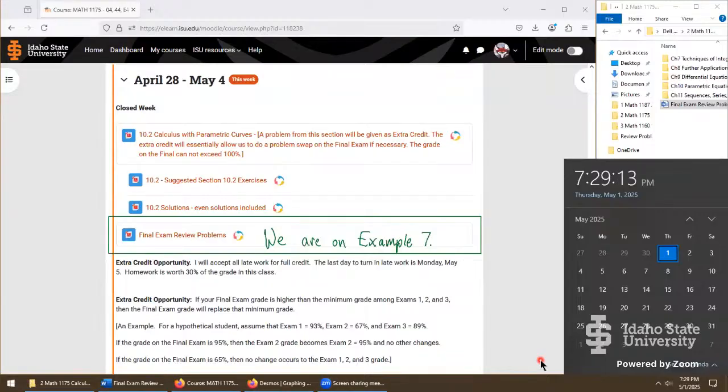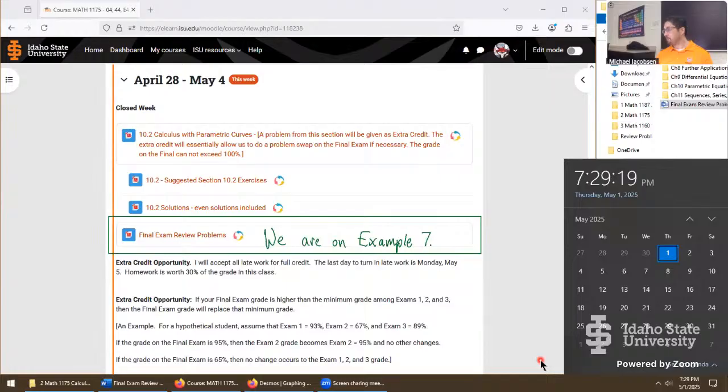Well, welcome back, everyone. So far, we're nearly there. This is not an easy day to attend, so I appreciate people being here, whether you're here on Zoom or in person.